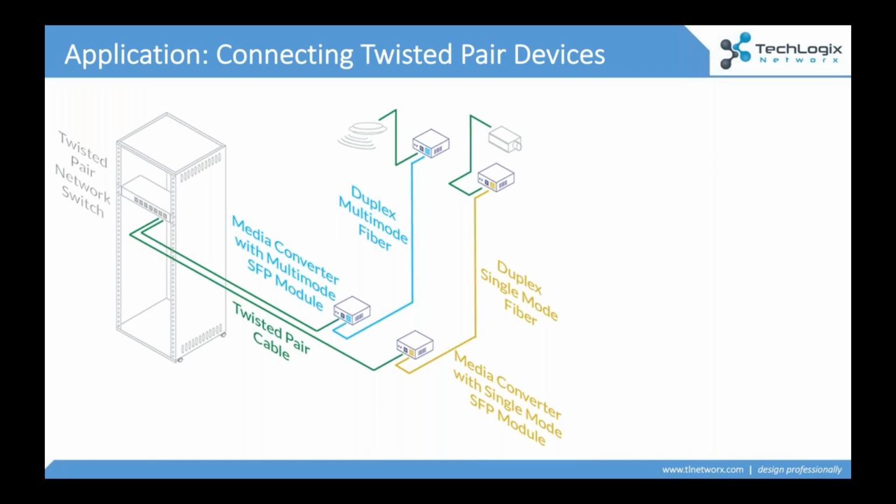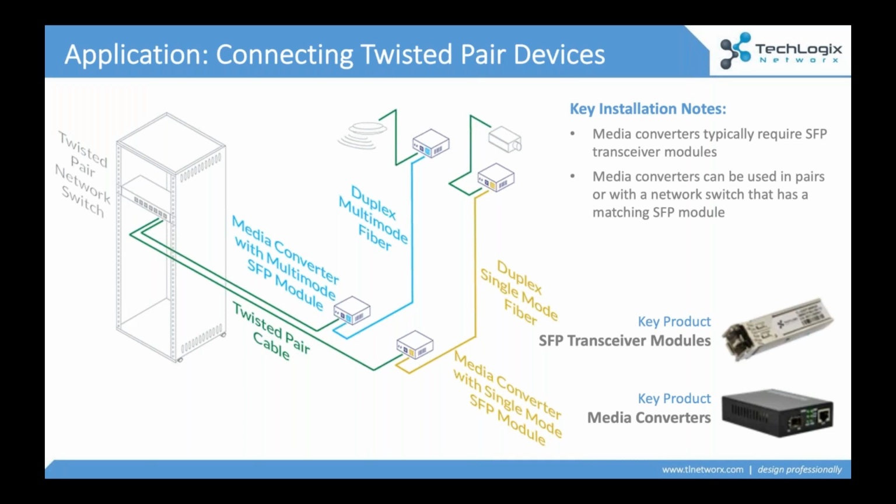And this is where one of your best friends will be the media converter. So it's kind of like a little network switch, okay? A little network switch that just has 2 ports on it. One port for RJ45, your twisted pair device, and one port for fiber. We're taking an electrical signal, like your twisted pair, and converting it to an optical signal, like your fiber optics, okay? Media converters are not that expensive, under $100 trade price, and this will allow you to incorporate all of these legacy devices, all of these copper-based devices